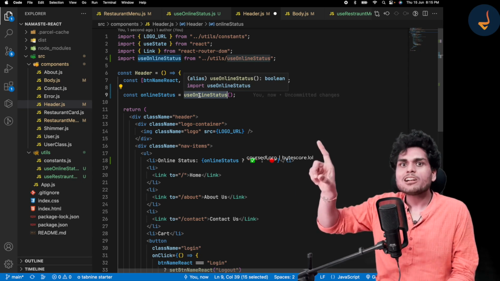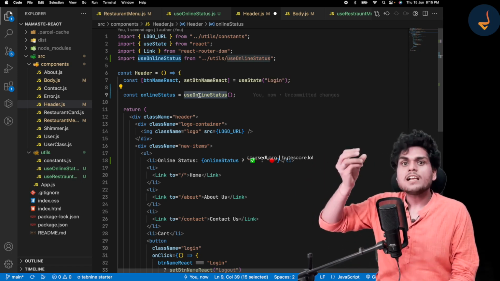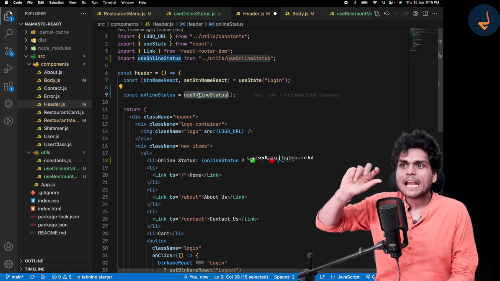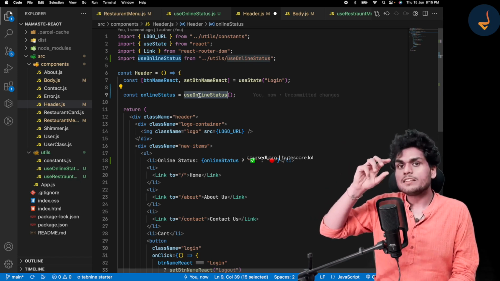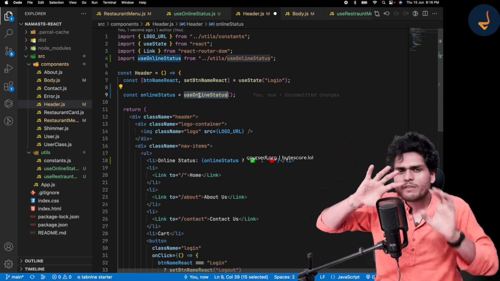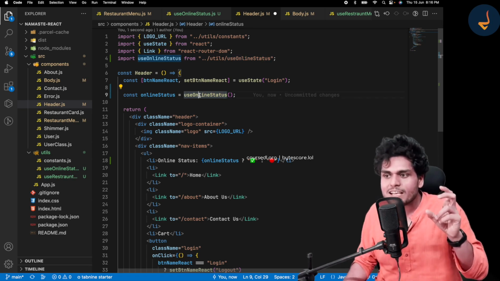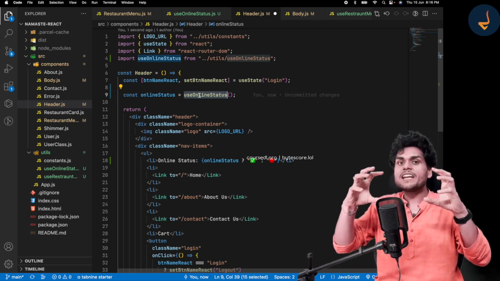React logic means this hook will have its own state, its own life cycle, its own useEffect or useState or whatever. It is managing its own things in a React way. So this is a function which is written in a React way.